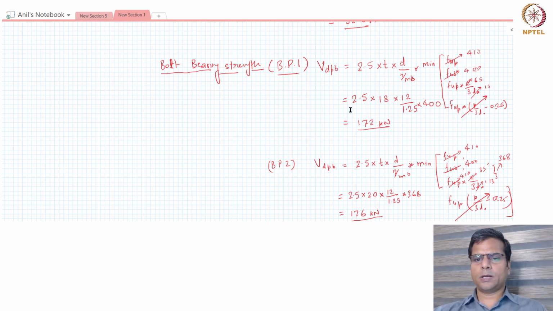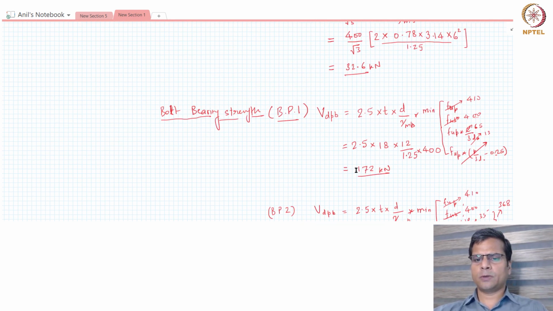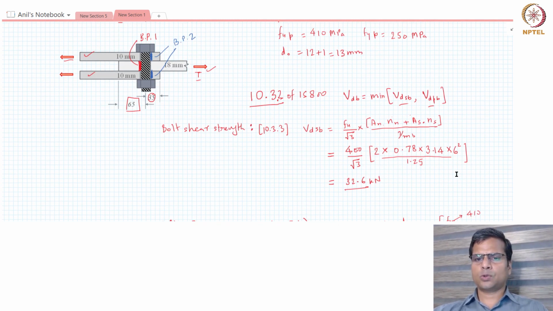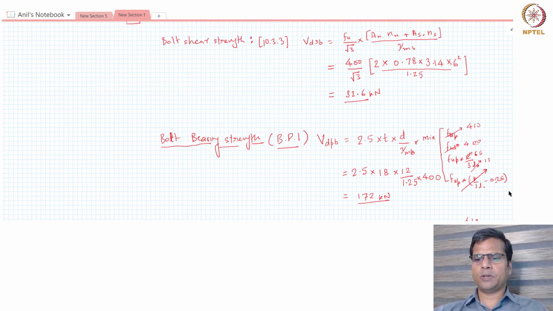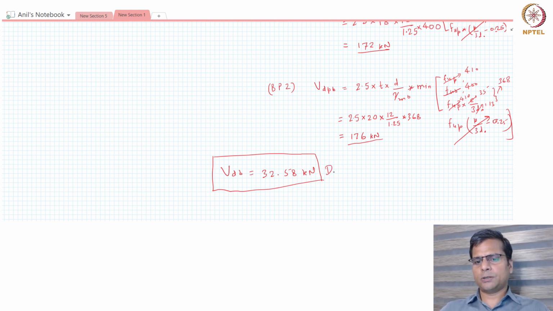Now we have seen there are two bearing strengths. The bearing strength of the two thin plates is 176. The bearing strength of the thick plate is 172 kilonewtons and the shear strength is 32 kilonewtons. The actual design strength V_db is the minimum of the three, which turns out to be 32.58 kilonewtons. So the design shear strength of this bolt is